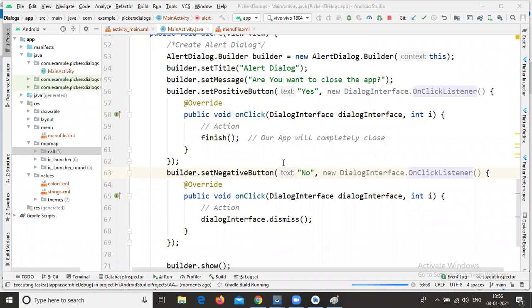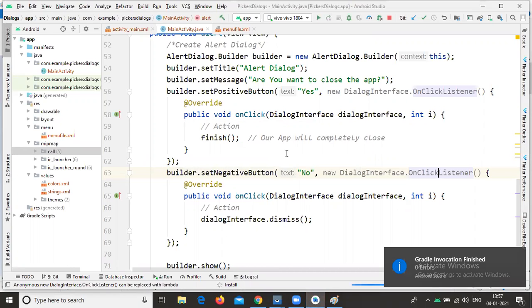Both are the same; both have a string parameter, so you can write anything. I think there is a slight difference: set title is static, while custom title is dynamic. But you can set a dynamic title also with the help of the set title method. No problem with set title.